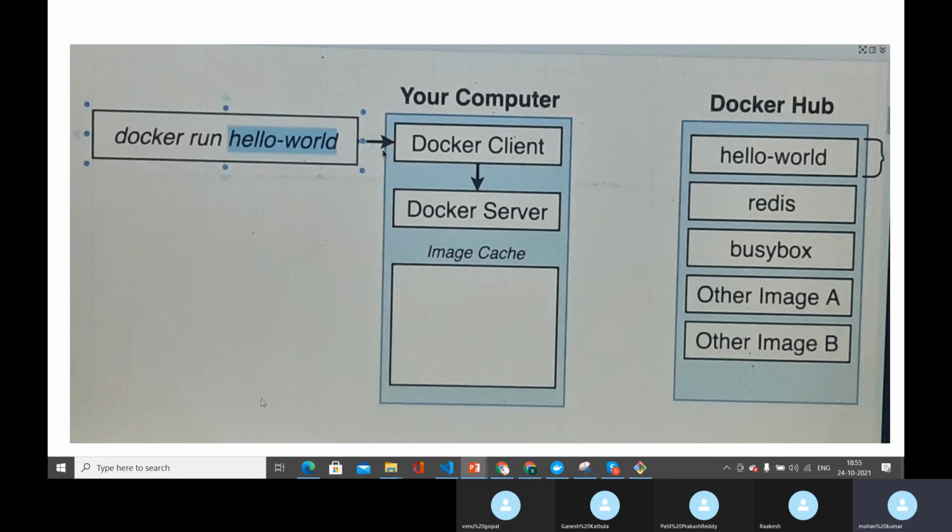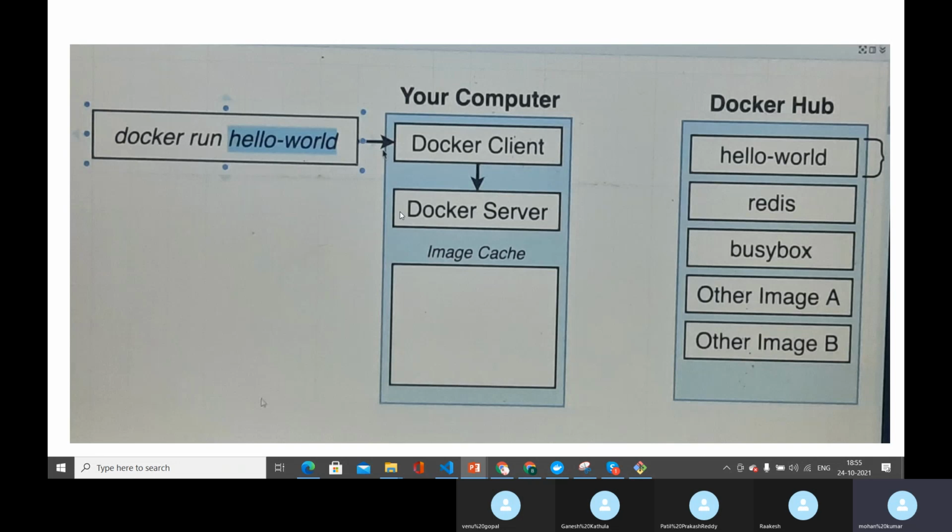The Docker client will give this command to the Docker server, and the Docker server understands from this command that the user wants to convert the image called hello world into a container. So he wants to create a container of the image hello world.